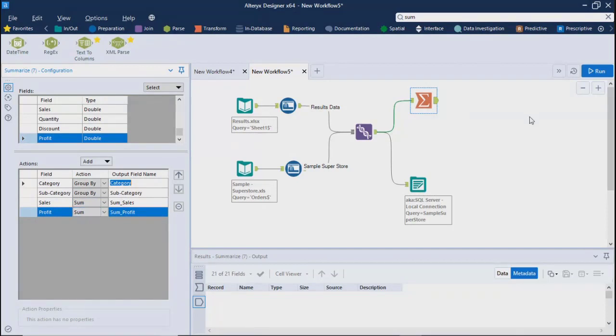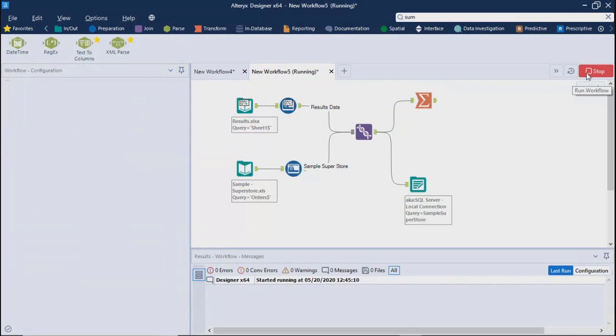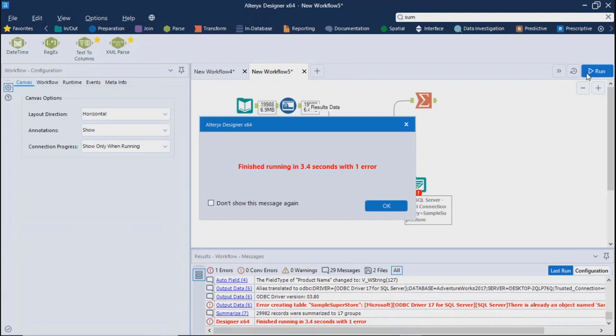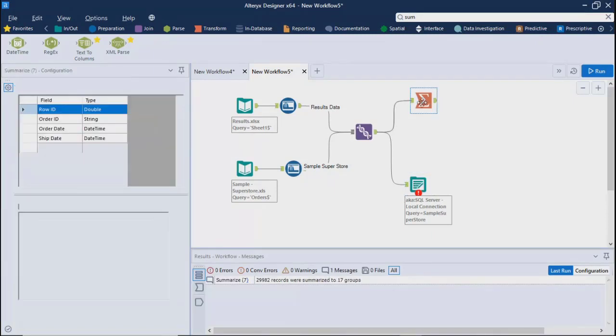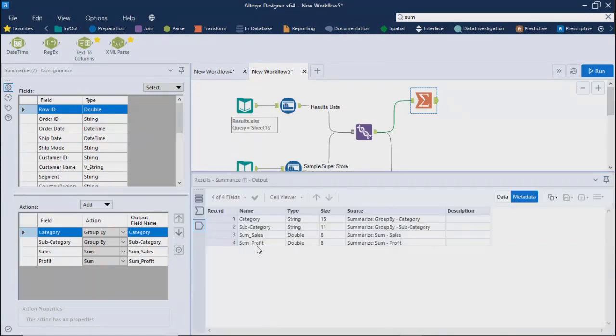I'll go ahead and run this once. Okay, it failed. It has given some error, but let's see what it is. So your error came into this one, which ran earlier successfully. But for the summarization, if you click here, you have the data like category, subcategory, and related data.